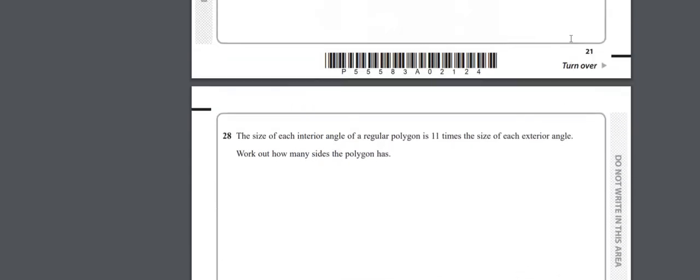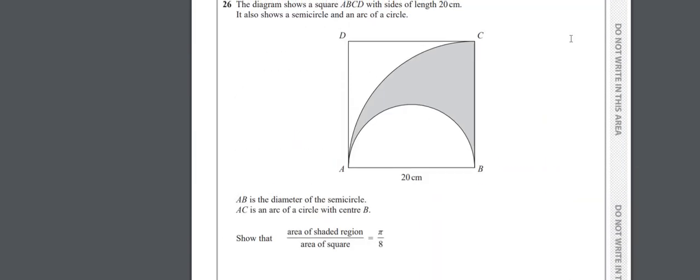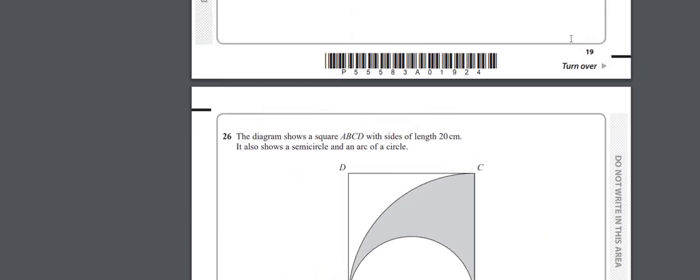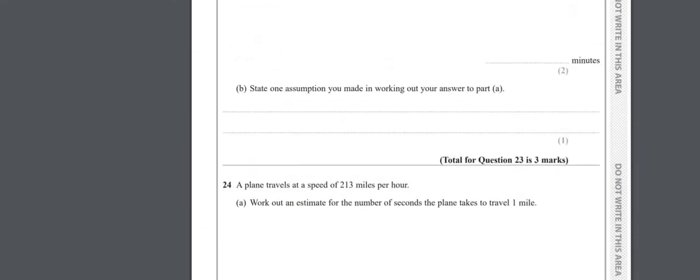So this is the end of the paper now, question 28. You can tell me, how many questions did you find hard? There is only one question I can see here which is hard. So here is 4 marks. If you do all the questions right, you could get 56 marks. Okay, you can do some questions wrong, but it's still not going to be difficult for you guys to get